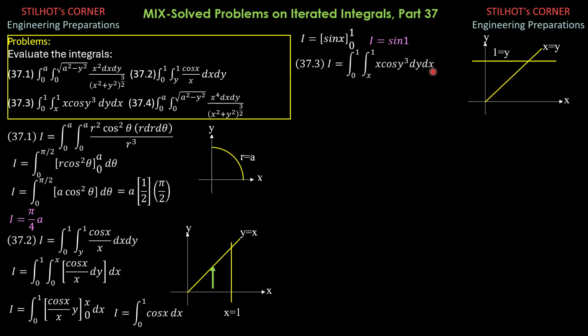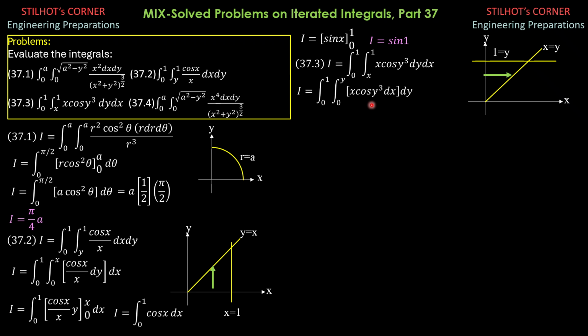After we invert the order of integration, y is the final variable. So this is our horizontal strip, and the limits of y would still be 0 to 1. So this is 0 to 1. And for x, x is 0 here, to x is y there. So 0 to 1, 0 to y of x cosine y cubed dx, then dy. We invert the order of integration.